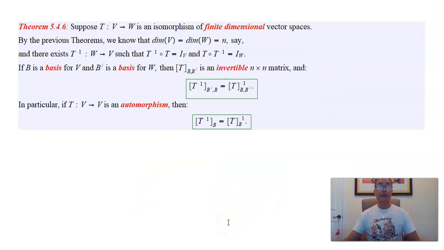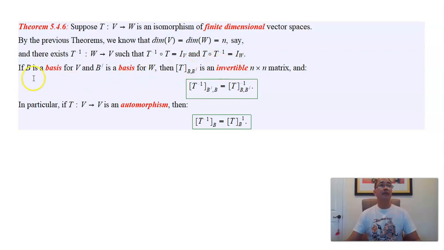Alright, so now let's concentrate on transformations where the domain and the codomain are finite dimensional spaces, so we can talk about a matrix for these transformations. So suppose that T from V to W is an isomorphism of finite dimensional vector spaces. By the last theorems, we know that the dimensions of V and W must be the same. Say they're both n dimensional. Then there exists a T inverse from W to V, such that the composition T inverse composed T is the identity on V, and T composed T inverse is the